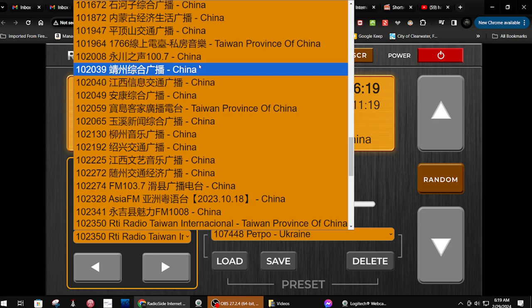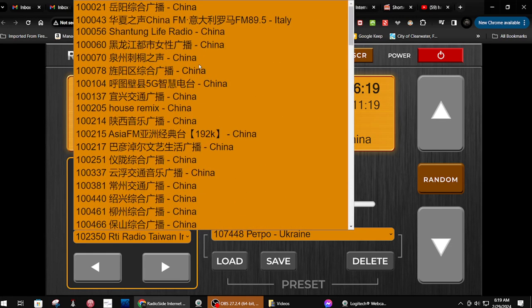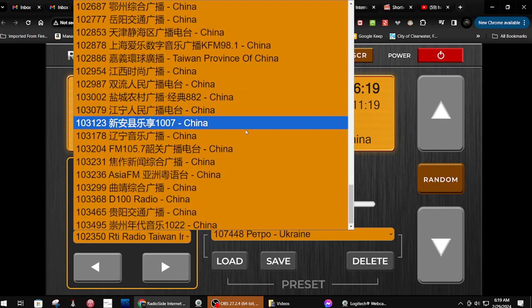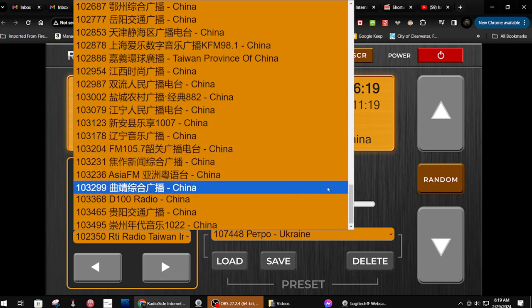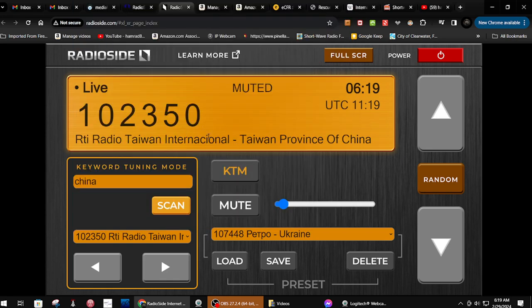And there's a lot of them. And so I have selected one. You can just click on one, and it goes right to it. So I've selected one. The database that he's using doesn't have frequencies in all the entries. So here's the description of this particular station. This is just the indexed number